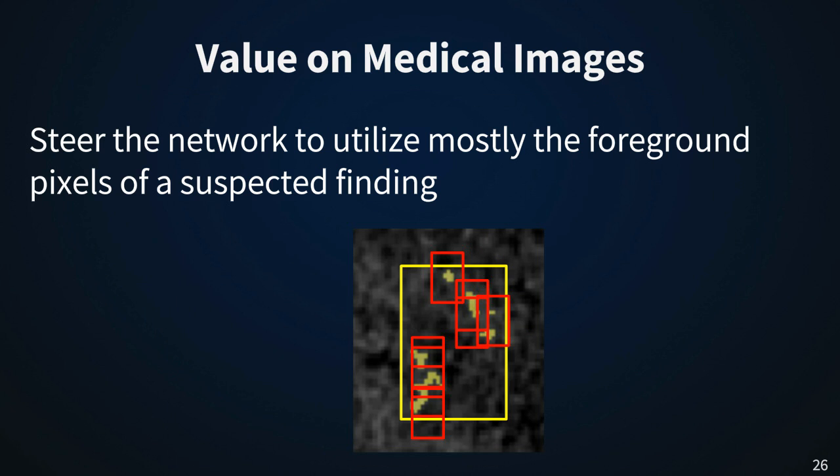And if we want to recap it and connect it to the rationale that I talked about earlier, we can say that what this type of solution does is it steers the network's learning process to utilize mostly the foreground pixels of the suspected finding. And if you think about it, this is basically how a radiologist and how a human will look at this image. Because when a radiologist looks at this image,